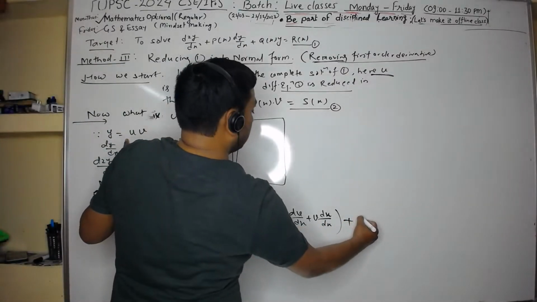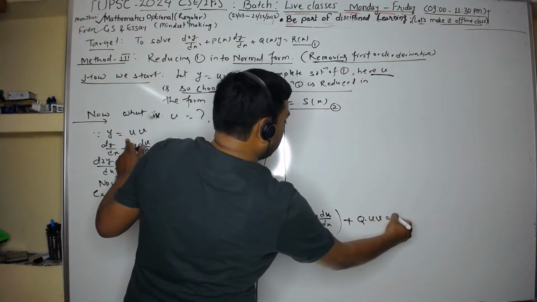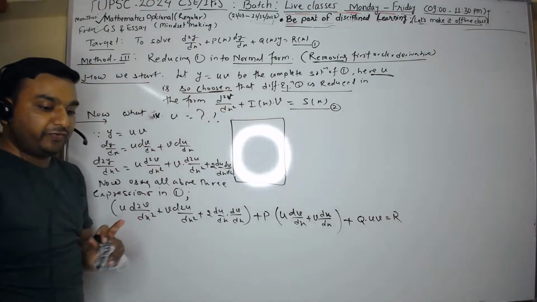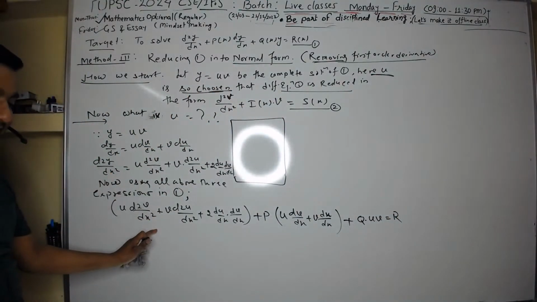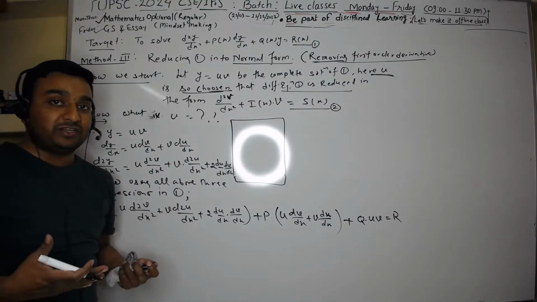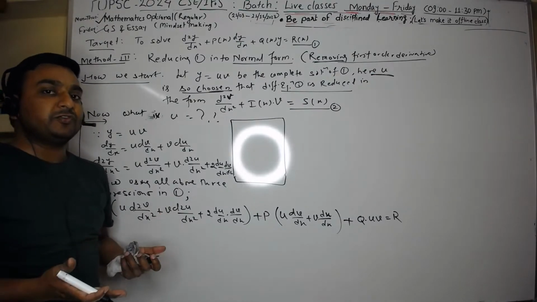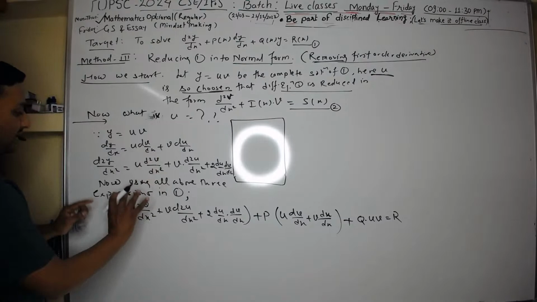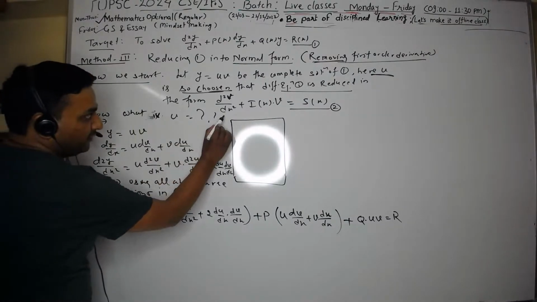Plus Q into UV equals R. Fair, my dear? Now focus here. देखिए, प्रूफ से आप लोग क्यों डरते हैं. Proofs are not that much complicated actually. Fair. What I wish to have, my dear,